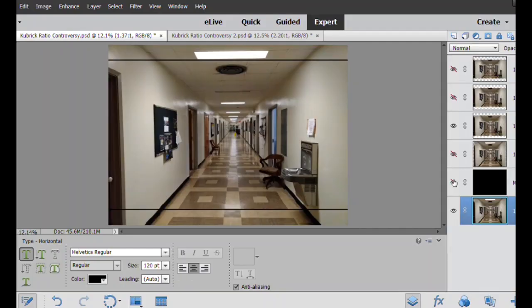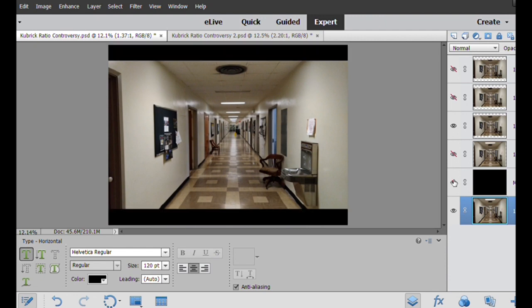Now we get to the 1.66 to 1 aspect ratio. Now, I've seen a few people, and in the past myself included, argue that The Shining, Full Metal Jacket, and Eyes Wide Shut should be shown at this one because A, it was the European standard, or at least so I believed, at the time, and it's also a compromise between the 1.85 to 1 aspect ratio and the 1.33 to 1 aspect ratio.